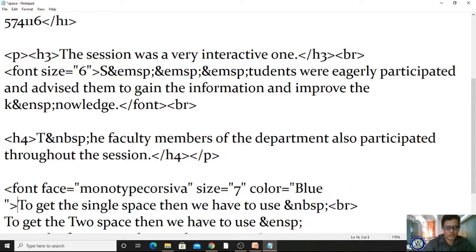Okay, and I'm closing the font here. So that is the usage of font.